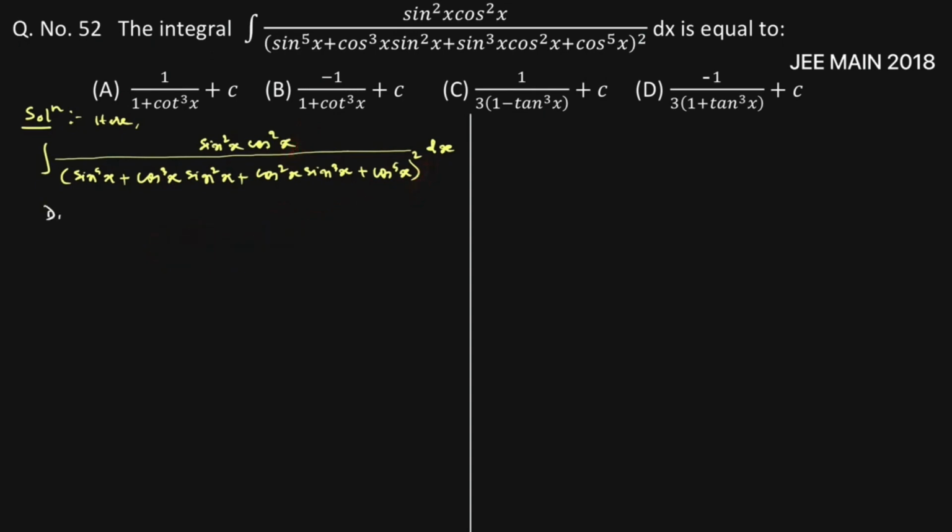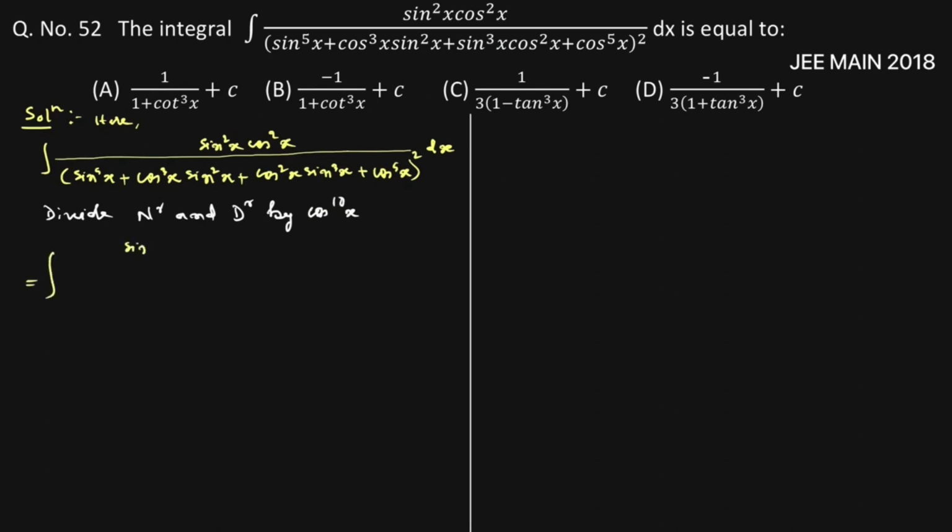Therefore divide numerator and denominator by cos to power tan x. Then the above integration we are able to write as